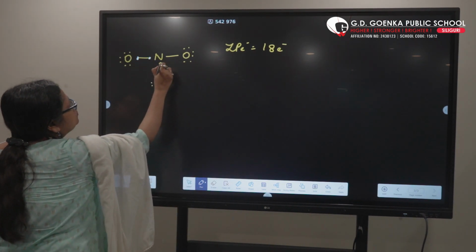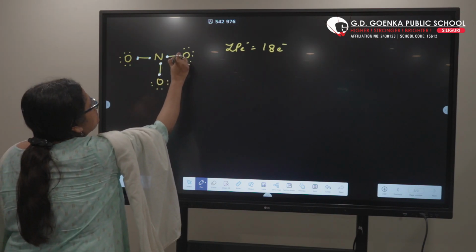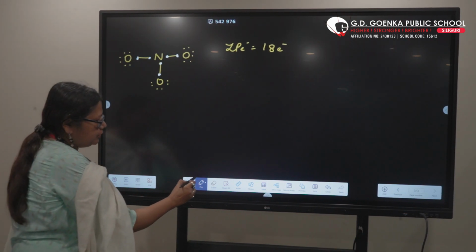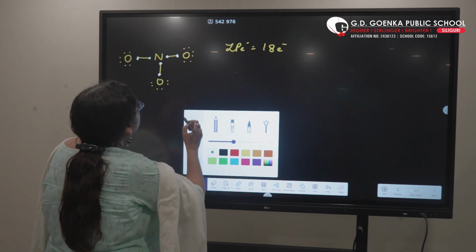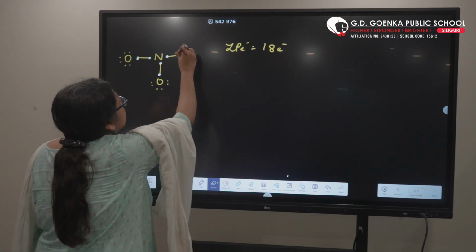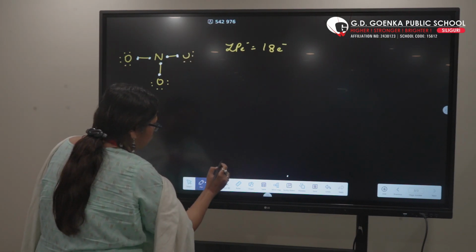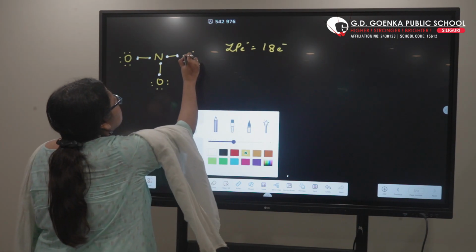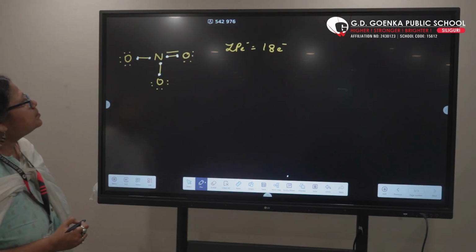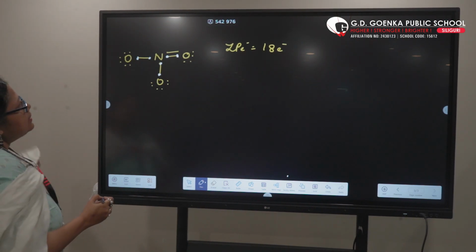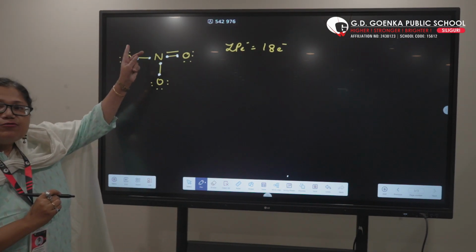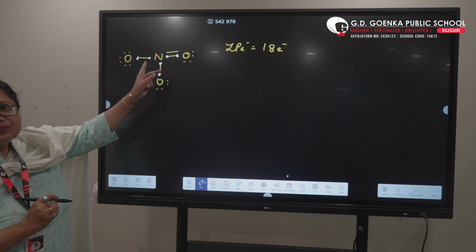Let's see. 1, 2, 3, 4, 5, 6. No, we could not. So in this case, what are we going to do? Convert one of the lone pairs from one oxygen atom into a double bond, so that we'll see how we convert. Now you see, we have completed the octet of all the individual atoms, including